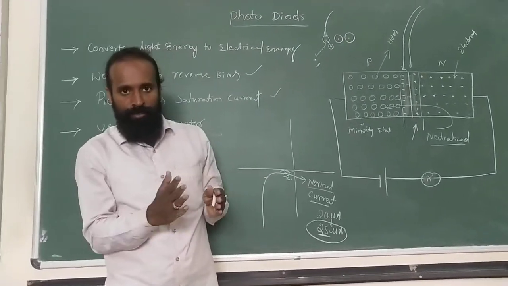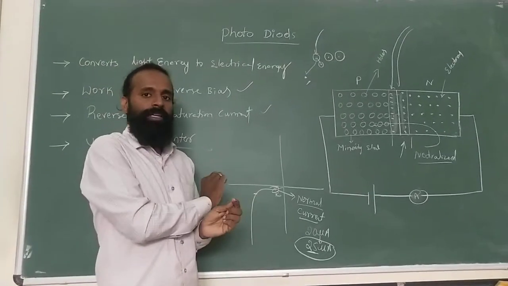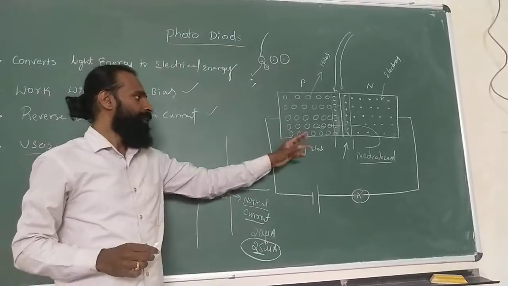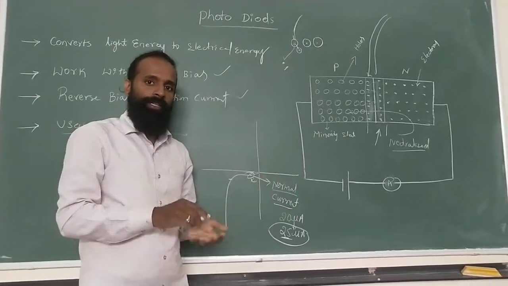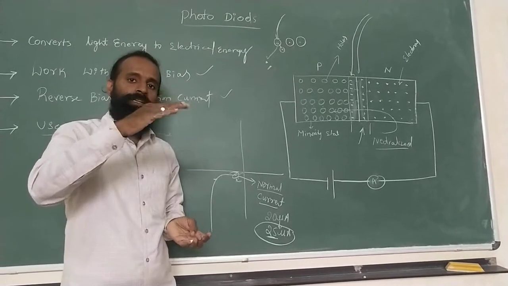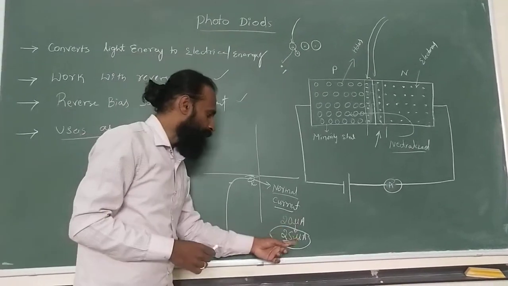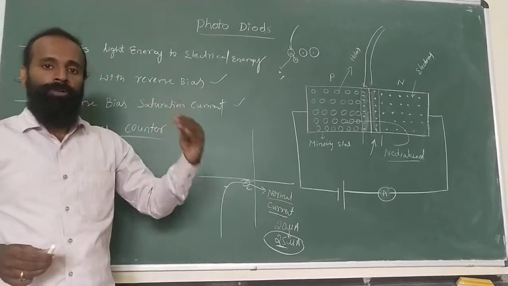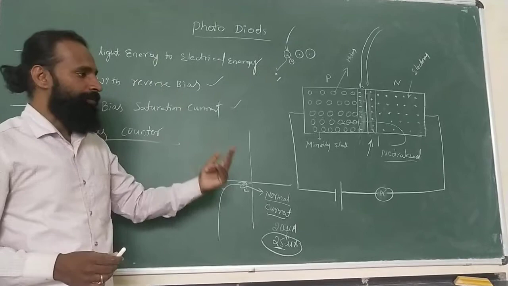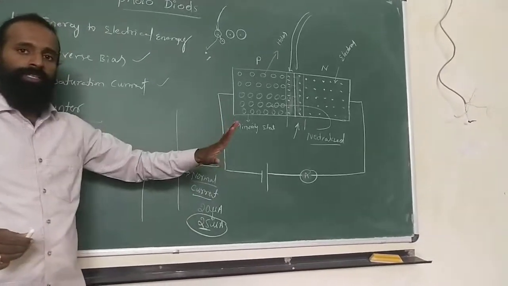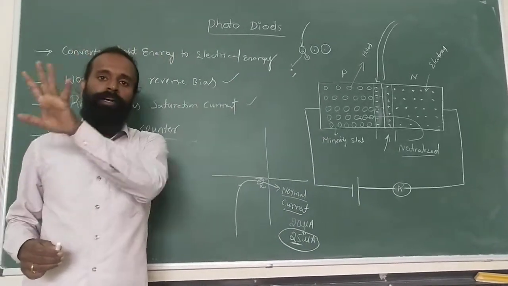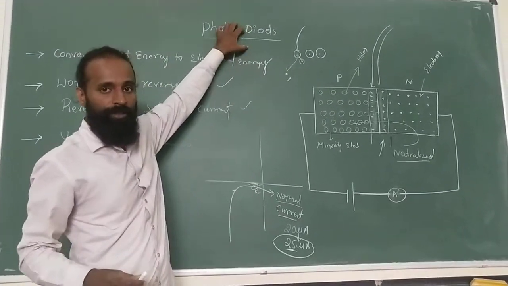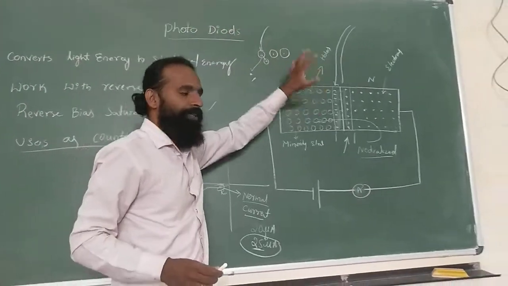Once the person leaves the door, what happens again? The light is incident on the photodetector or photodiode, so the current increases. By counting these increases and decreases of the current in the circuit, using a programmed microcontroller or microprocessor, we can count the number of persons who have entered. This device is used in this type of application.